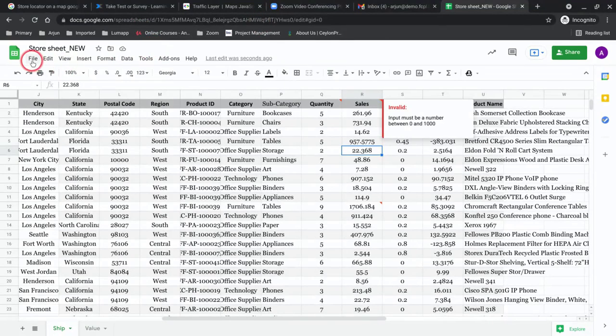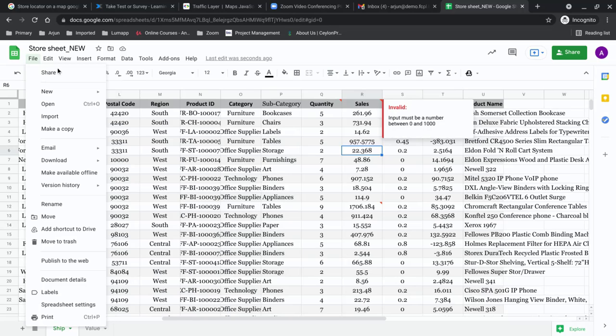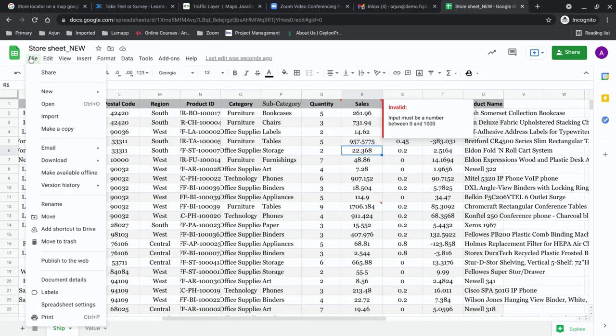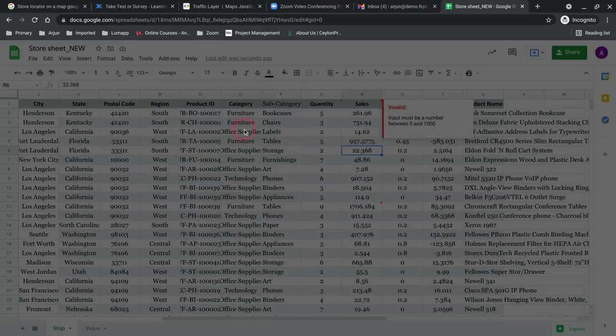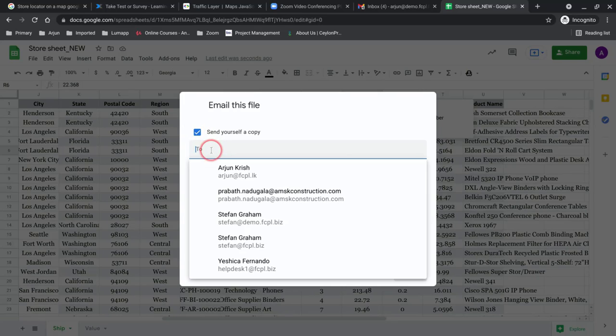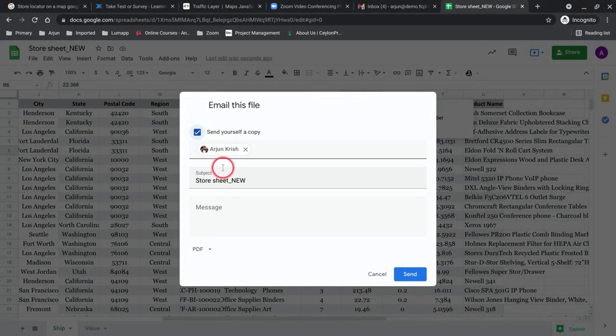And also this complete document, let's say I want to send it to one of my customers or clients who is a non-Google user. You don't have to worry about it at all, because you can simply send this document as an email itself. From here you can send this file, and a tab opens up at the top of the screen, which is the compose bar of your email. I could send a copy to myself so that I can refer to it later. I'm going to send it to my other account, and I can also just type its test.